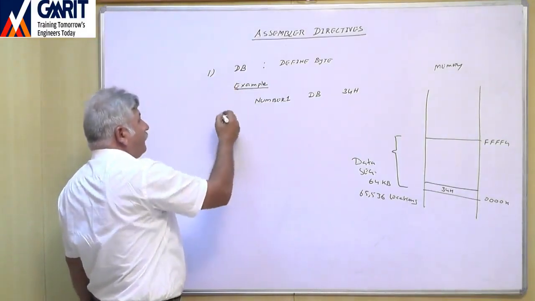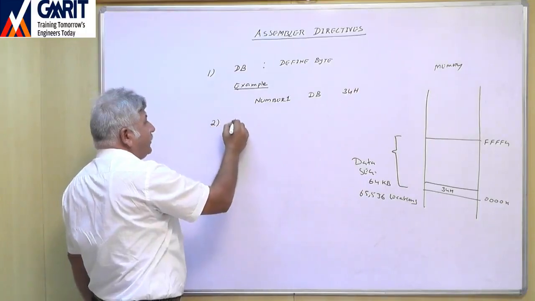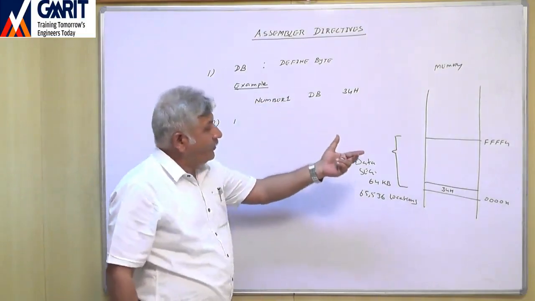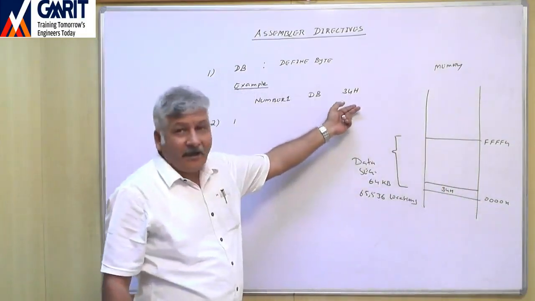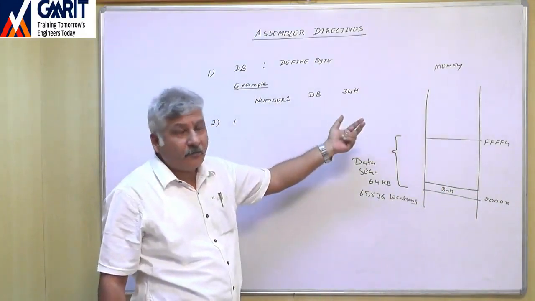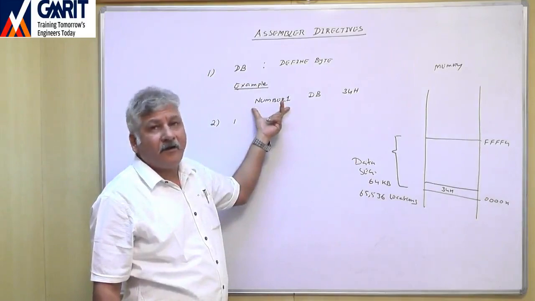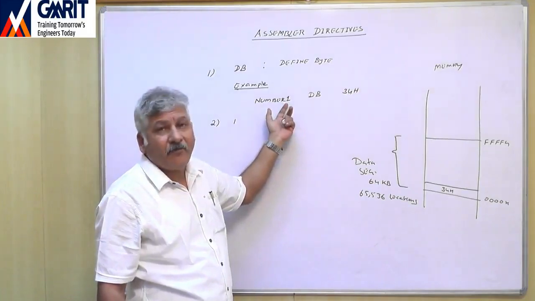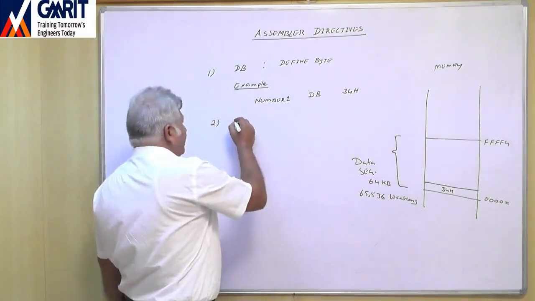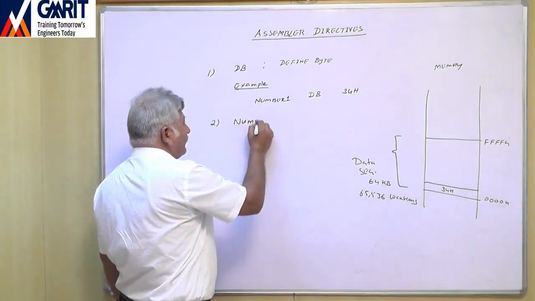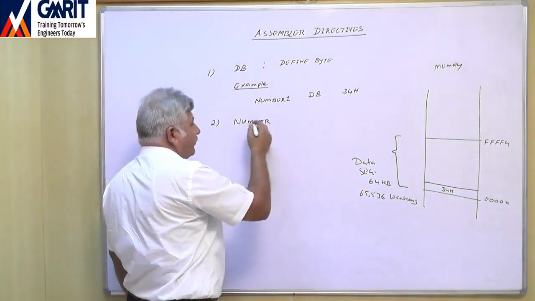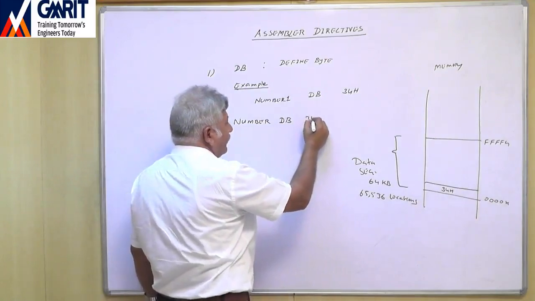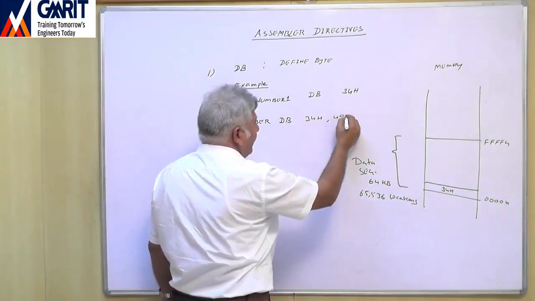Now another category of this define byte is, one more thing. Whatever offset address is assigned, we can use that offset address in our program by using this variable number1. Now another form is, suppose number is the name we have given, define byte 34H, 49H,